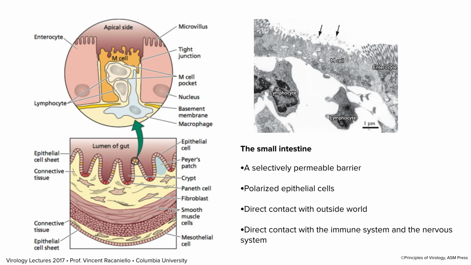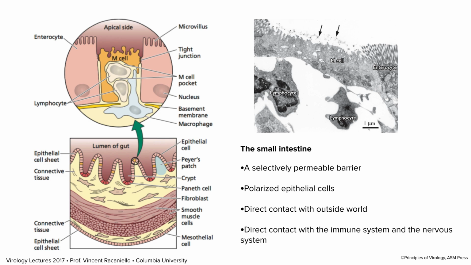And in the exposure on the top here, the magnification, you can see the epithelial cells, or enterocytes in this case. They're specialized on either side of what's called an M cell. The M cell is important for sampling the gut lumen for foreign antigens, and so immune cells like dendritic cells will often reach through and sample antigens. And it's a good way for viruses to get into the underlying tissue.